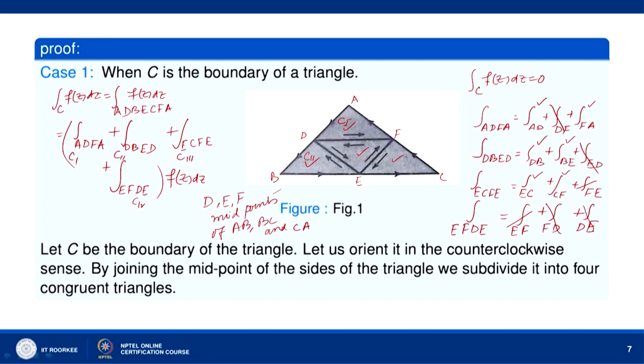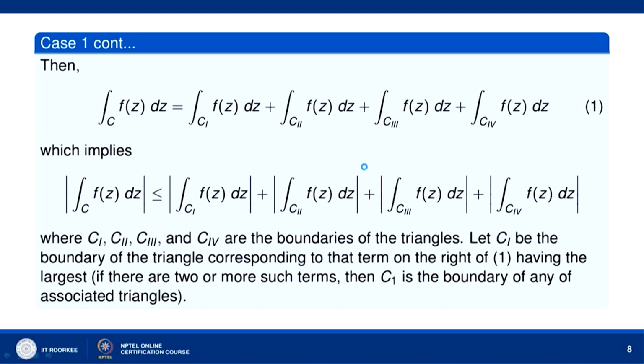Okay, E F D E, this one. So, this fourth triangle. This is how we write it, and then what we do is: the integral over C of f(z) dz is equal to the integral over C1 plus the integral over C2 plus the integral over C3 and C4 of f(z) dz, where C1, C2, C3, C4 are boundaries of the 4